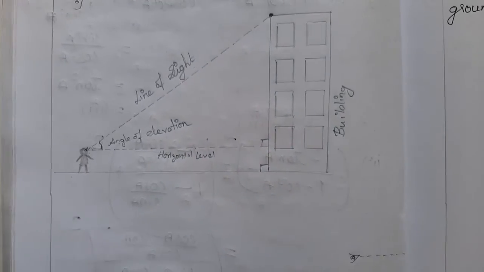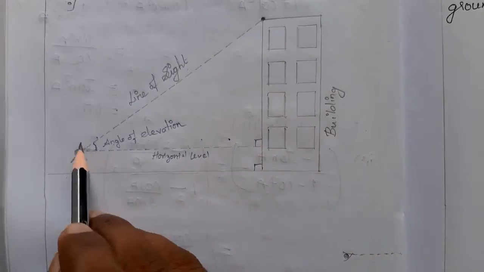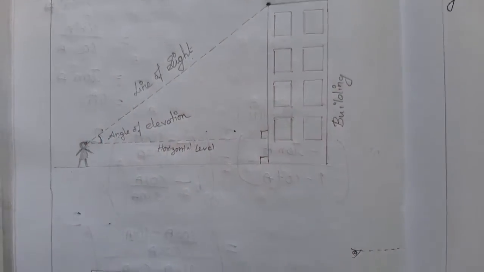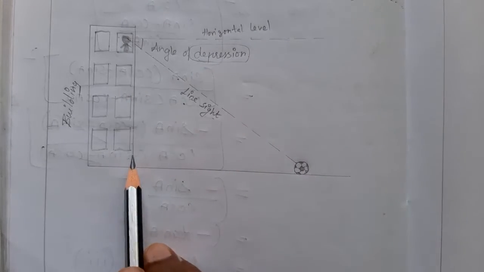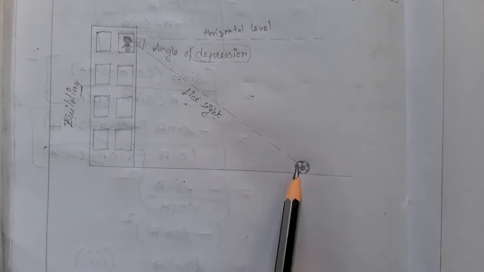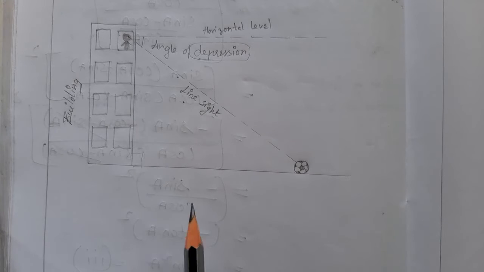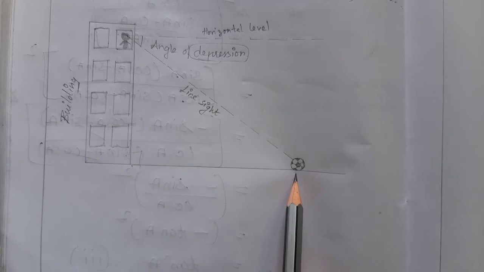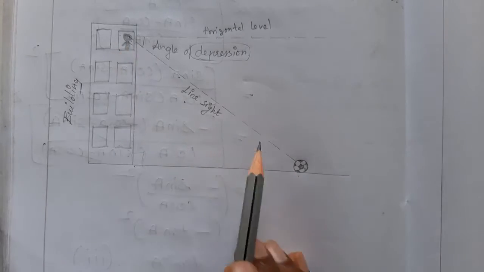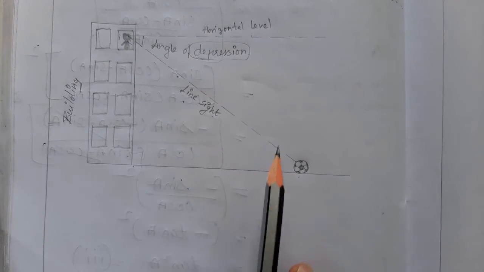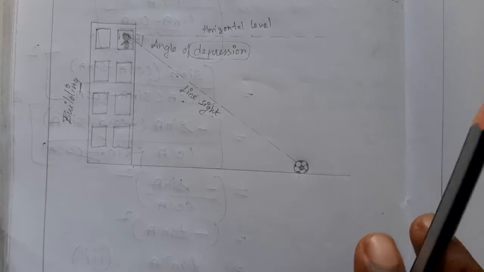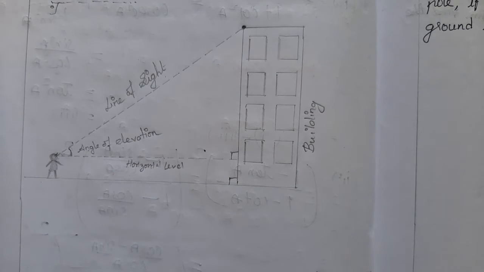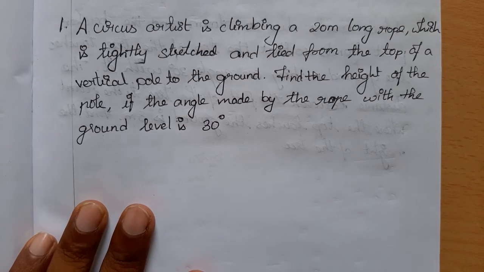Here a right triangle is formed. You can see that the building is at a right angle, and the horizontal level and line of sight form a triangle, right? The same here also, the building is right angled, and the line of sight and the ground form a triangle. With this we can find the height of the building, or the distance between the building and this object, or the distance between this human and the object. If you know any one angle and one side, we can find the rest. So here is also the same. Here we go for the problem.